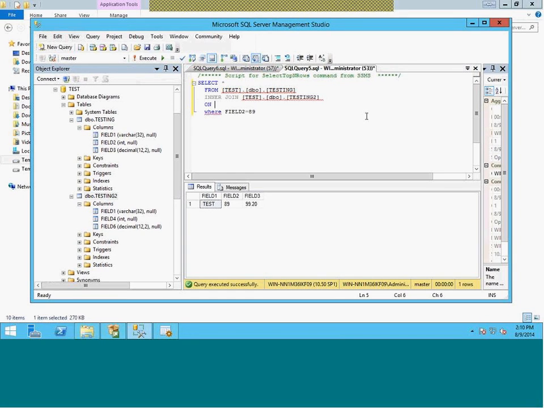Then we have to specify on which field we want to do the inner join. We say the table dot field 1 equal to the other table dot field 1. Why? Because I just explained that field of the first table